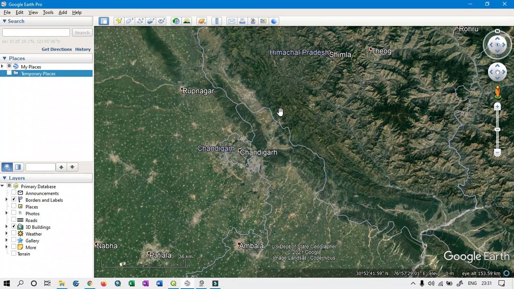That means each path should have some vertices or nodes, and each node is dedicated to three types of information: the latitude, longitude, as well as the elevation, that is x, y, z. So in order to create the path,